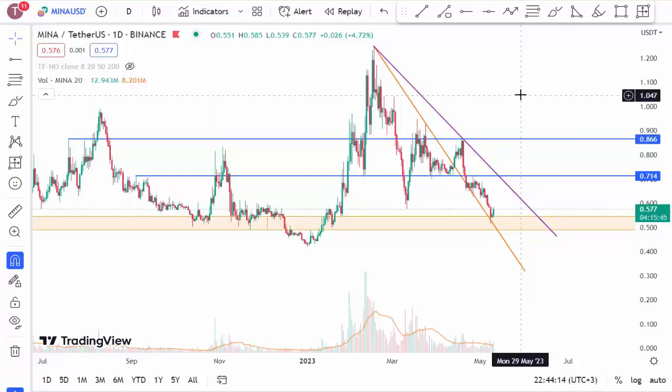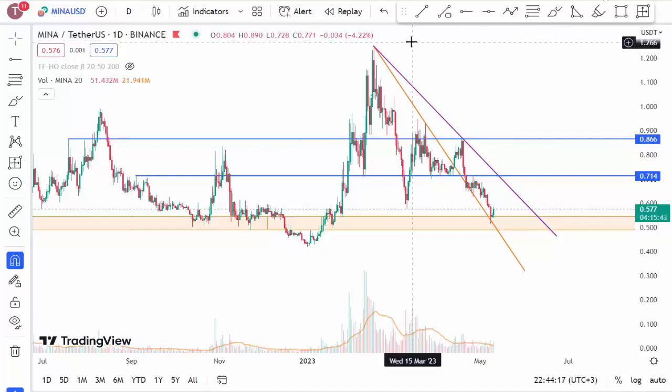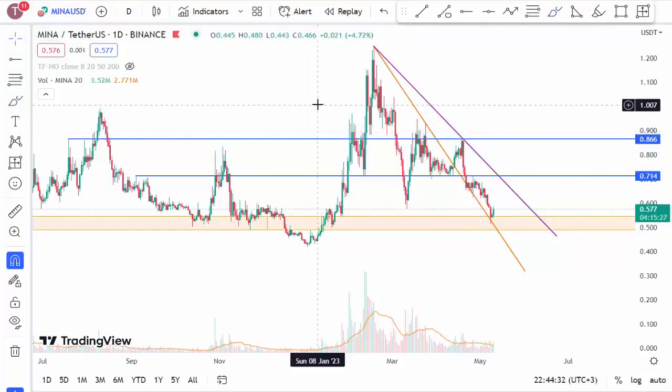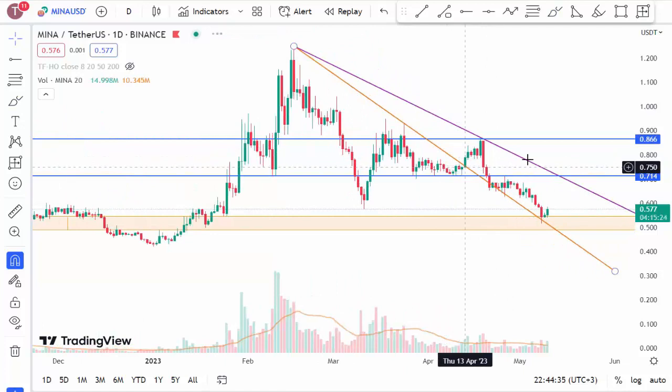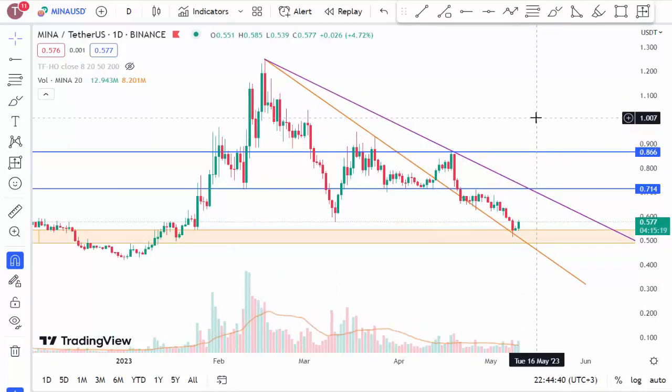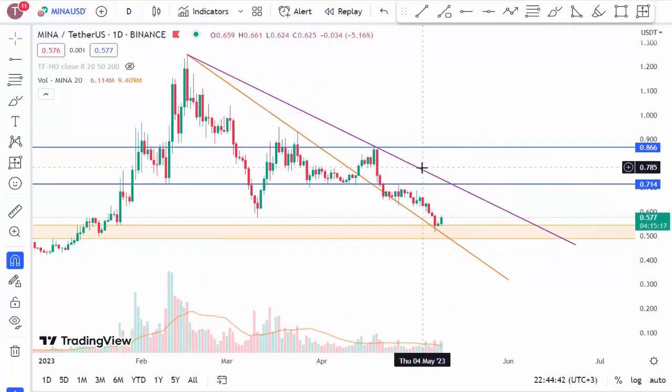Today, we will be doing a technical analysis of Mina coin. First of all, we can see that there are two downward trends here. The first downward trend is currently being broken, and the beginning of the second downward trend also occurs in this area. Breaking the downward trend is good for us. Why is it good? Because it is interpreted as the beginning of an upward trend, but the downward trend still